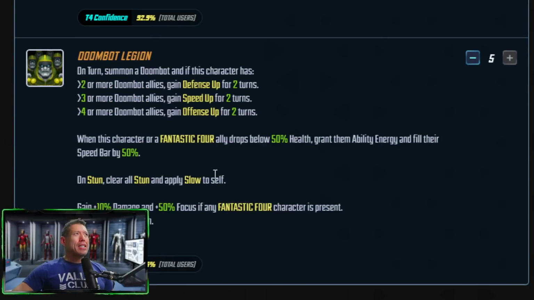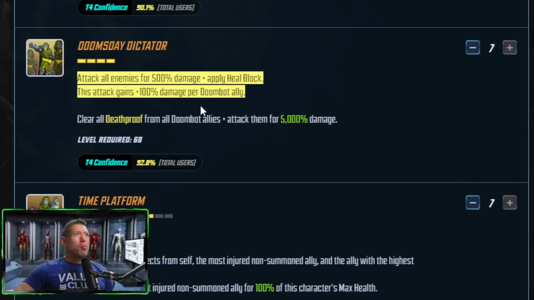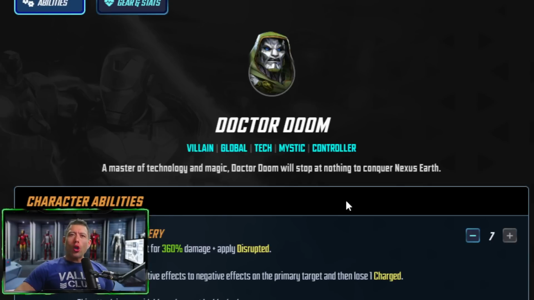Now, the good thing about his passive, he's summoning more Doom bots on the field that could mitigate some damage if your opponents have many enemies to attack. Well, maybe they won't attack one of your high damage characters, but what this special is going to do, the more Doom bots you have, you're going to get an extra 100% damage for all the Doom bots. So very strong character. Works great if you're still trying to counter the